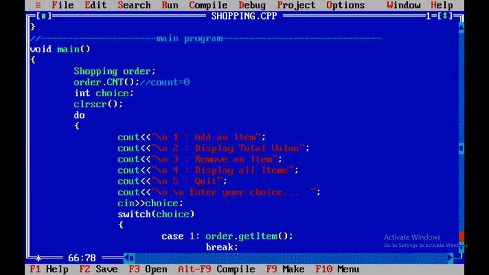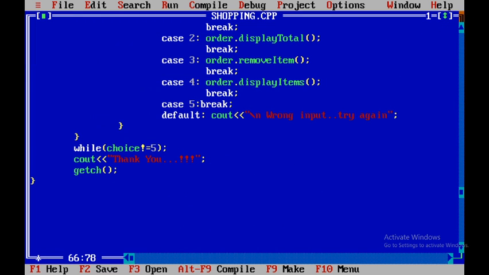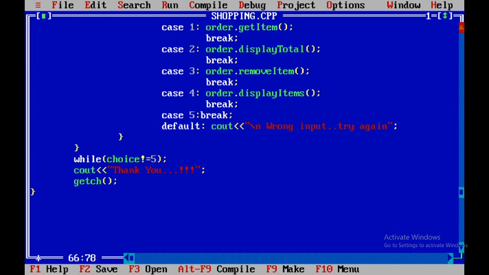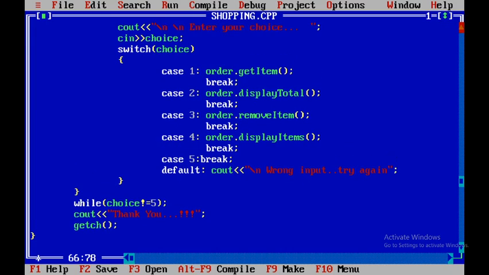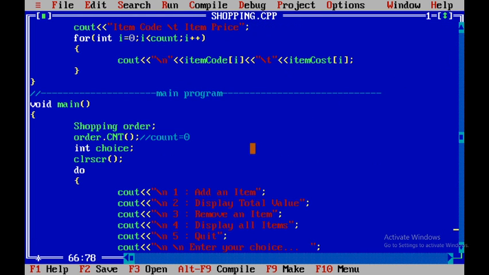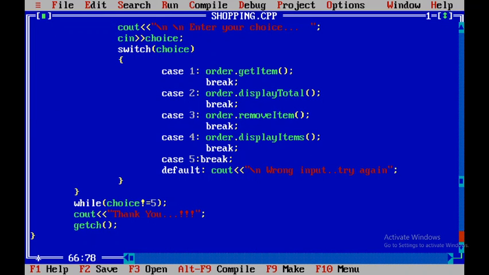After every case, we definitely have to give a break statement, because at a time a switch will execute a single case only. So, break. If the user has entered the fourth option, that is display all atoms, the user wants to see which products or atoms he is going to purchase and what the cost of these atoms is, the entire list.